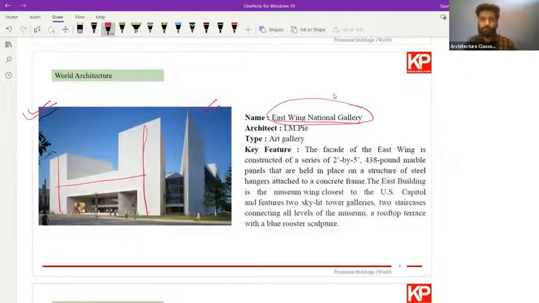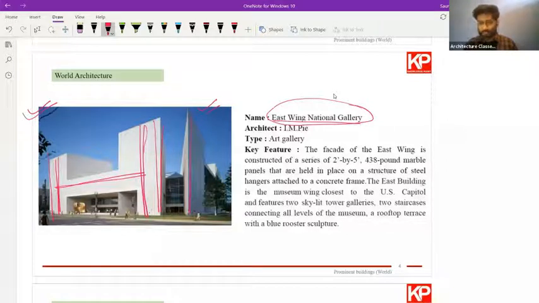Now each person can think of different features which they will notice in the building. Some of you will see that a big H is forming on the facade. What is a facade? This whole front side, the front elevation. Facade is an architectural term which you will study in your bachelor's. Others can also think of some other features.